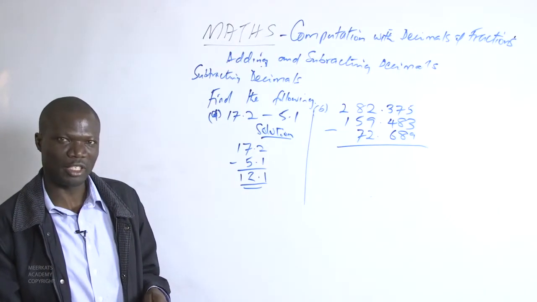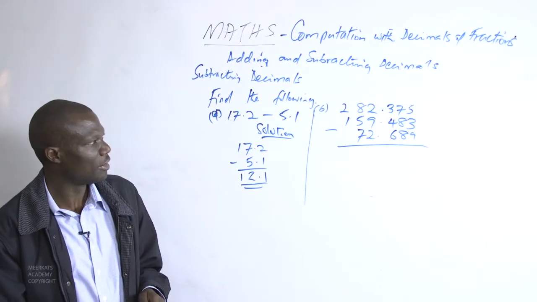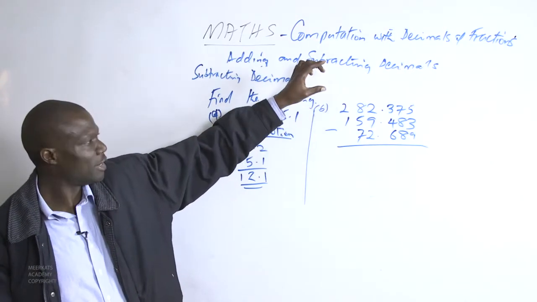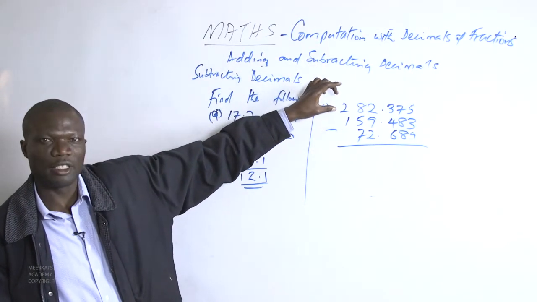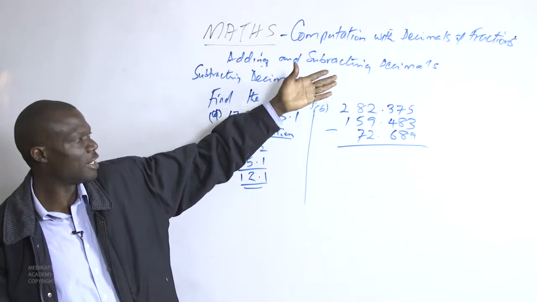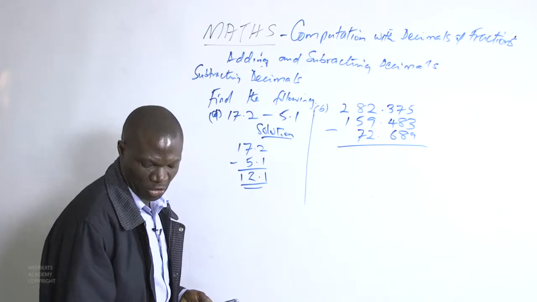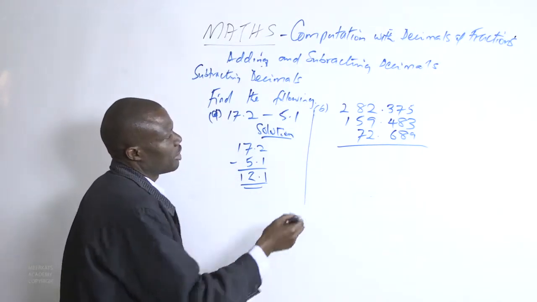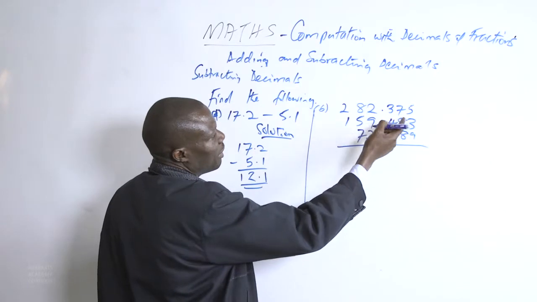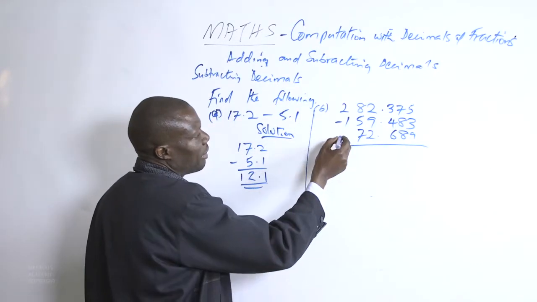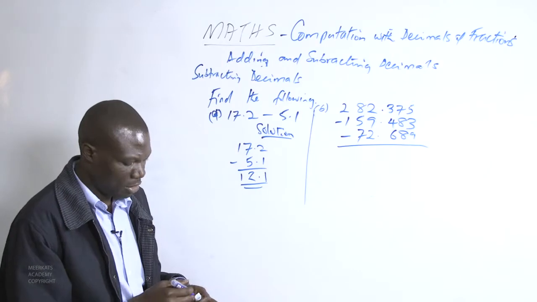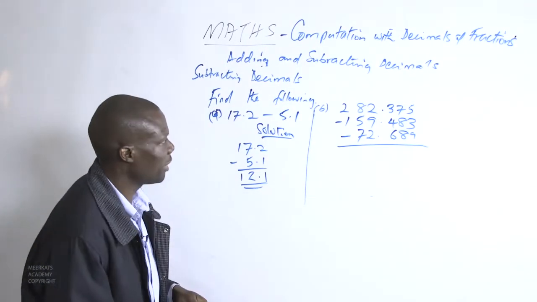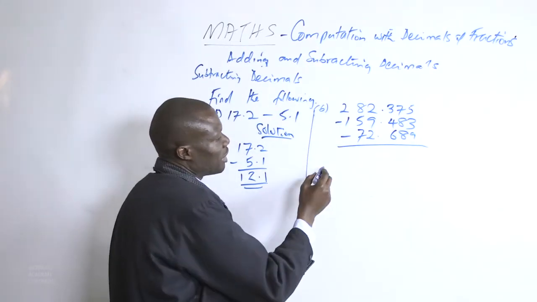Now, we need to notice this. In such a question, let us look at the first digit. Is it larger than the rest? Because we are supposed to subtract the two of them. We are supposed to subtract 282.375 minus this one minus that. So we will notice that this is simply the same as, if I may rearrange it, saying